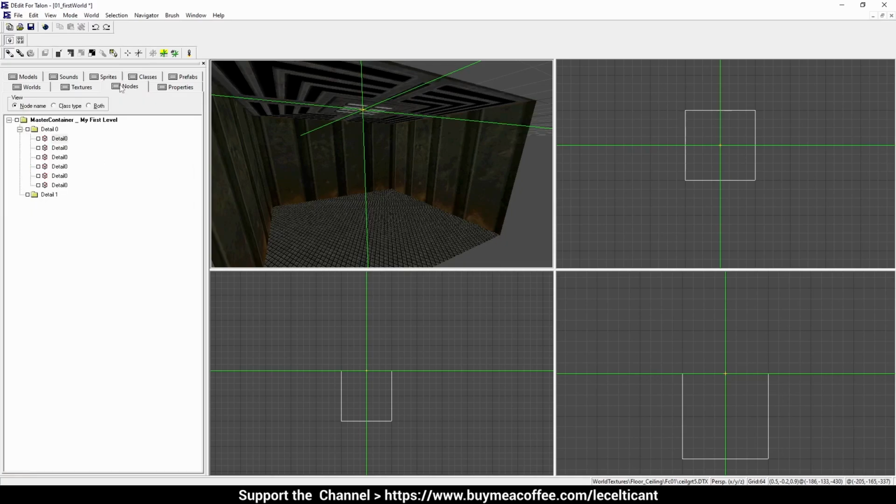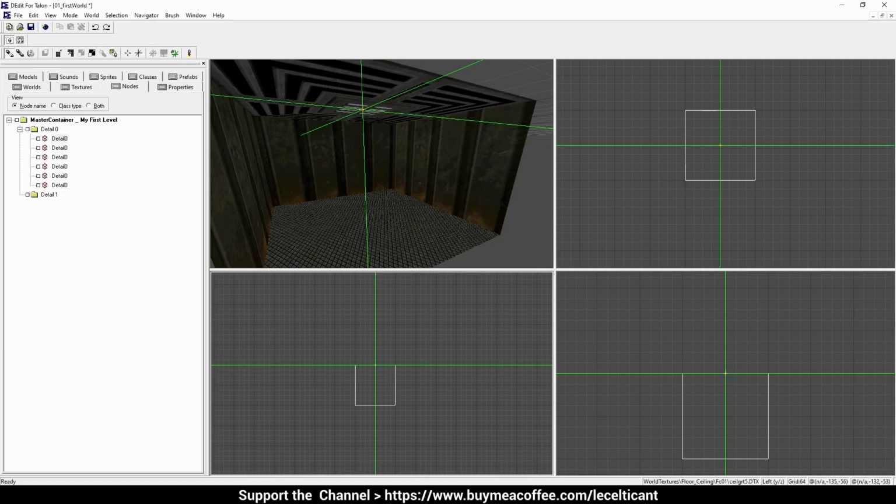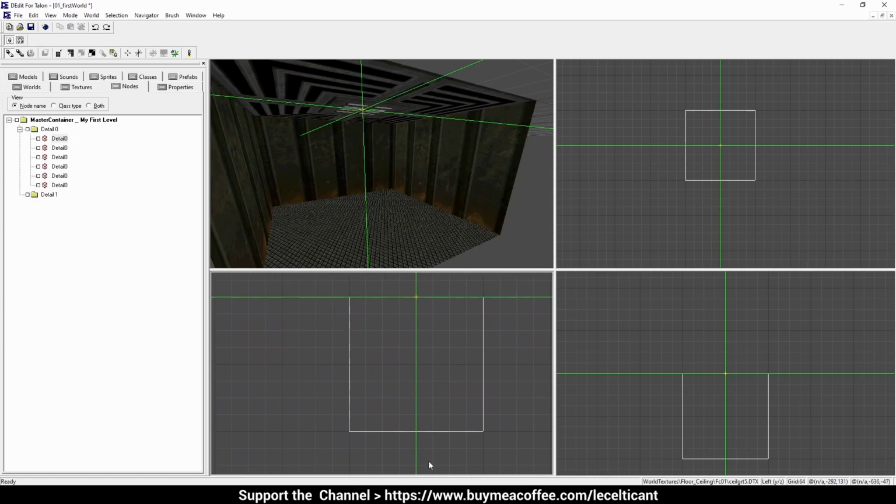So let's go back to nodes. To actually load the map, we will need a few objects. There are some that are mandatory. There are 2 objects that are mandatory. So we're gonna go to this view. This is front and side view. As you can see, you have the word origin here, the cross arrow that's in green, and you can see it sits at the top of the map. What we want to do is to move this thing about 2 squares, so 128 units from the